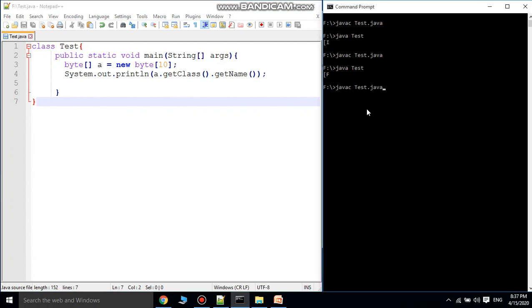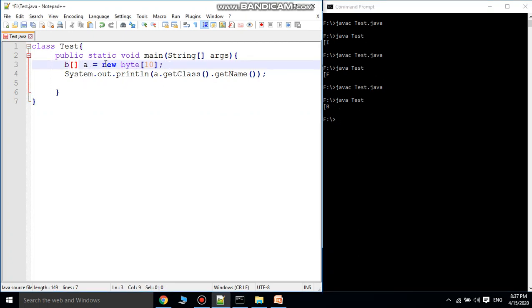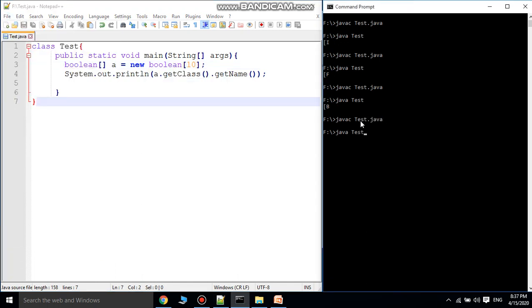Compile this program and see what happens: B represents byte. Similarly, for boolean of 10, Z represents the boolean array. For each and every array the corresponding class will be available, and you can print it with the help of this option.